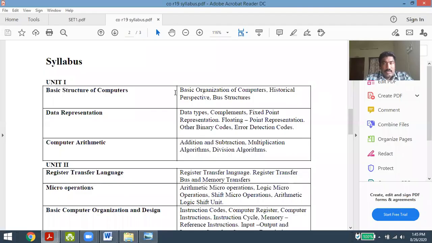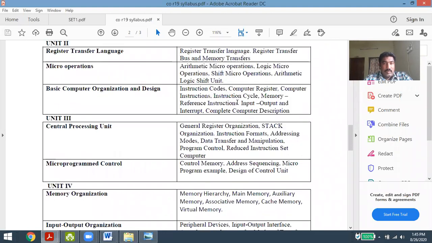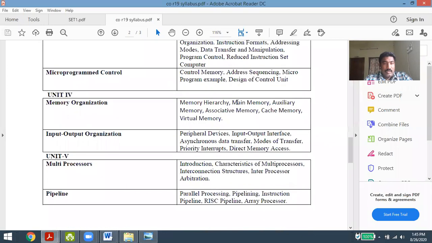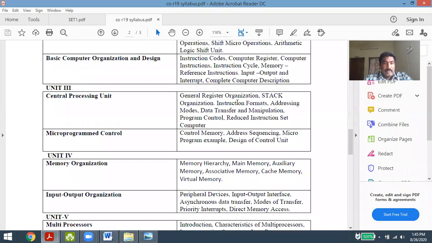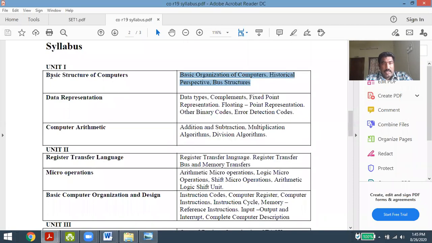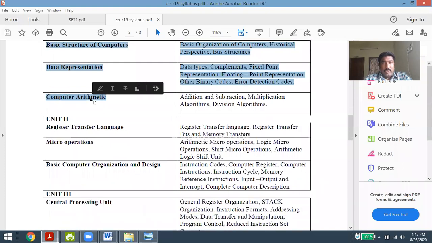Let us look at the syllabus here. We are at unit 1, and now we are discussing these three topics, and the entire syllabus is what we are looking at on the screen. Totally we have five chapters, and each chapter contains sub parts. I divided the chapters into sub parts also. Each part is a single chapter in our prescribed textbook, Computer Organization by Morris Mano.